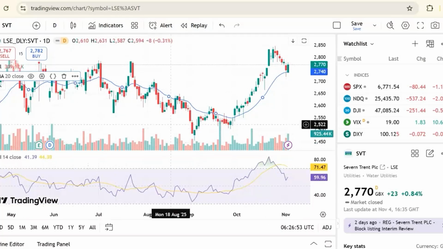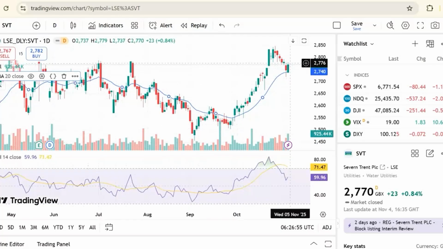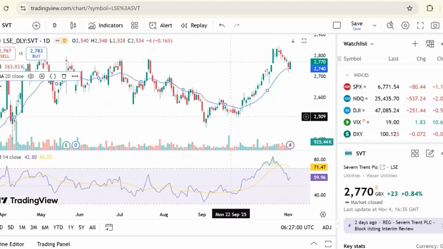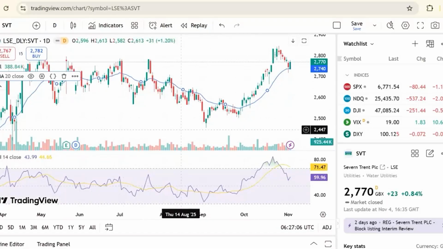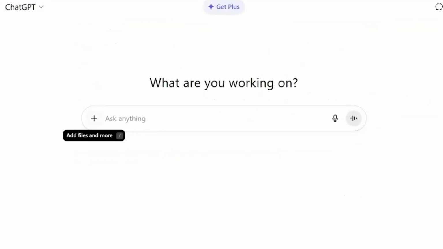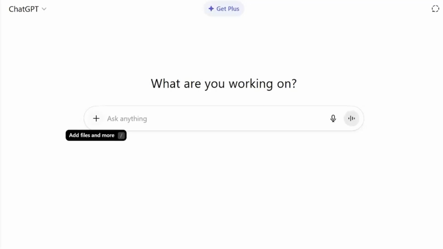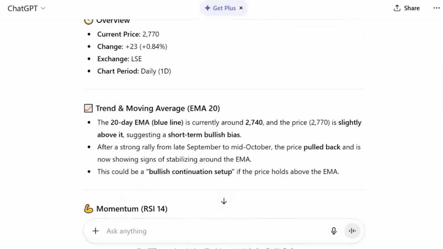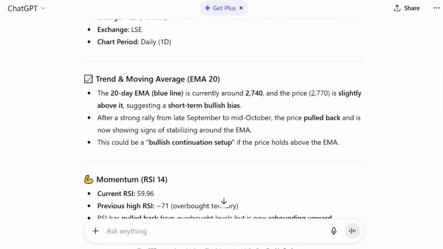Now this is what traders face, whether they would like to take a trade at this point in time with all the indicators that are available. Let's explore the same chart and plot it into an AI and check what result the AI gives you. ChatGPT. Let me take a print screen of this chart and try to plot this in ChatGPT and check what ChatGPT gives us. Now I've got a result from ChatGPT, and it's telling me that the price is